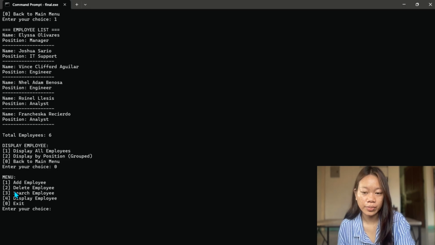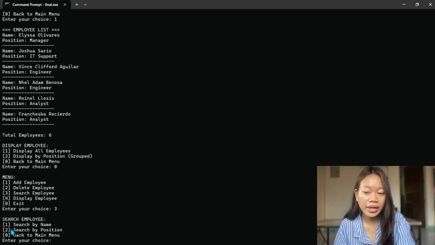Search will search employee, then enter a choice of 3. Then it will ask you to have an input of 1, 2, and 0. 1 for search by name, 2 for search by position, and 0 for going back to the main menu.